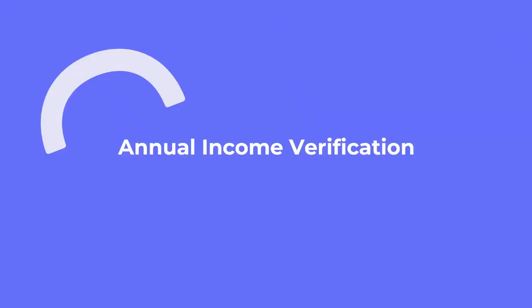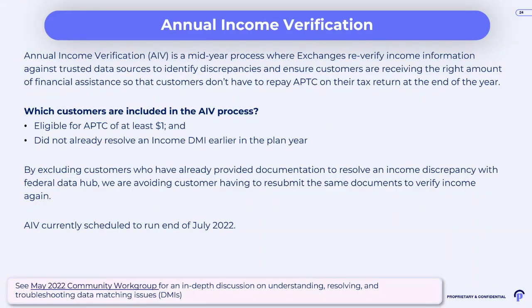Great. So the next topic we wanted to spend a little time talking about is annual income verification. So go ahead, next slide. So this is a new process that is